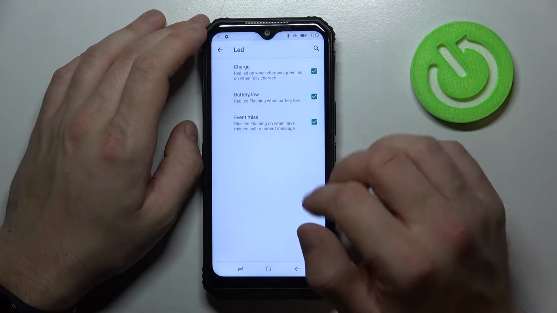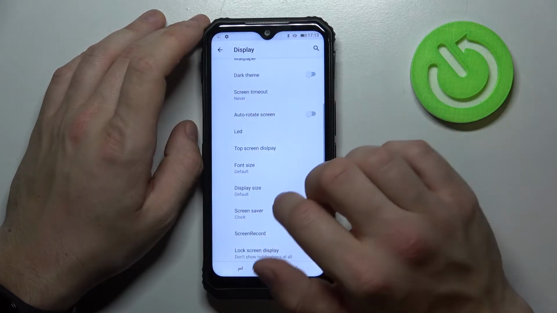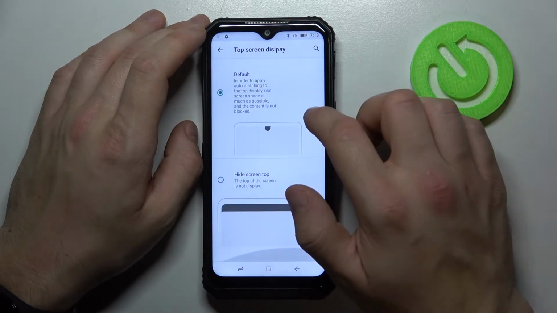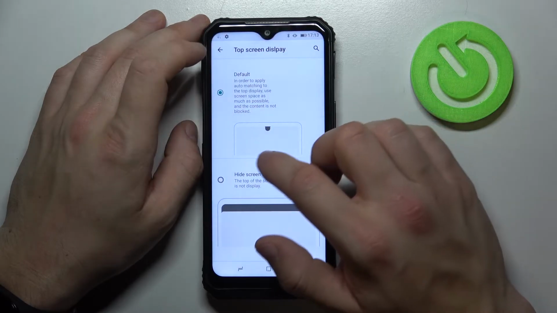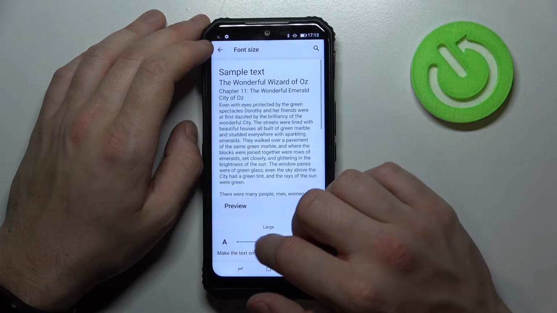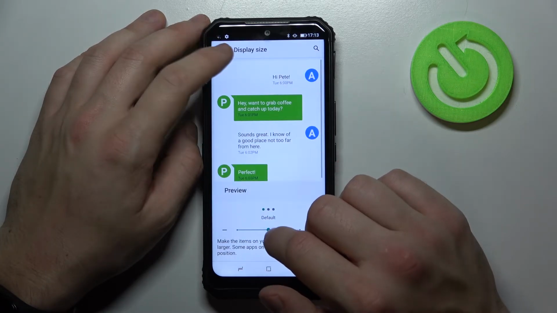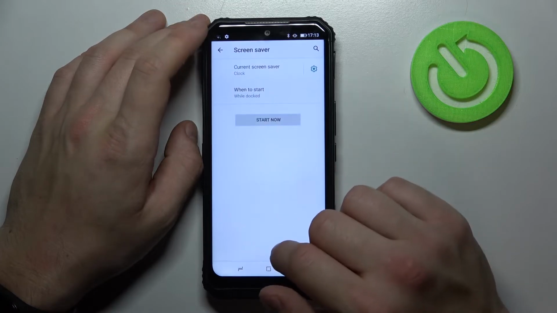Then we can adjust our LED, top screen display, font size, display size, screensaver,